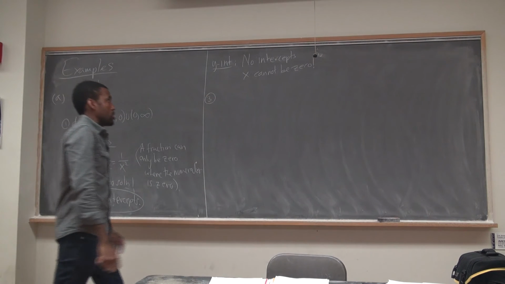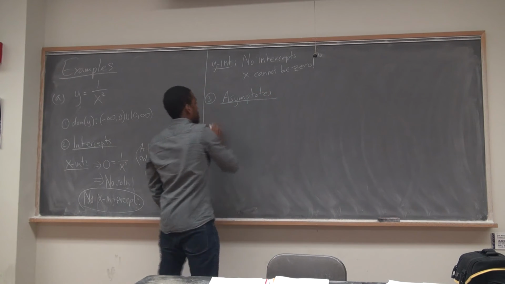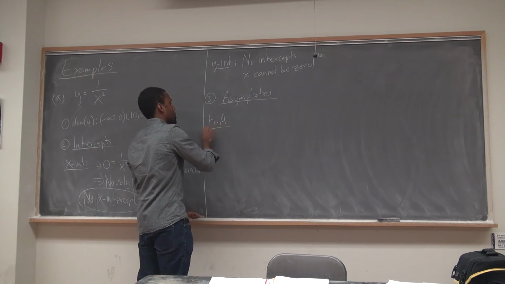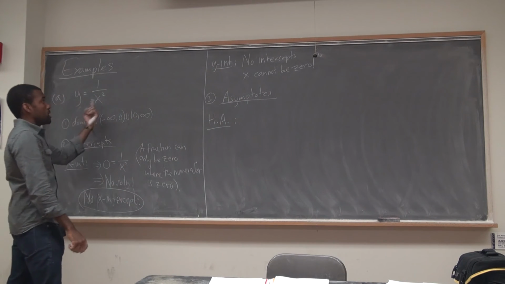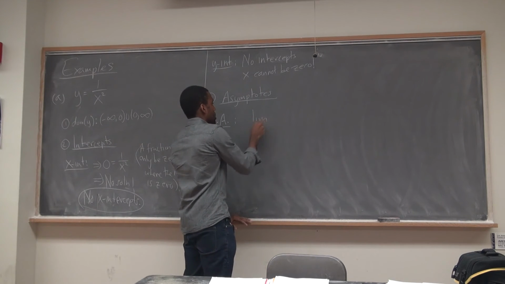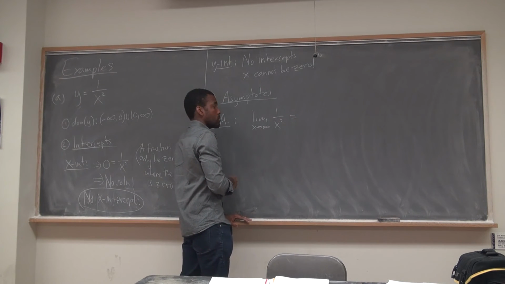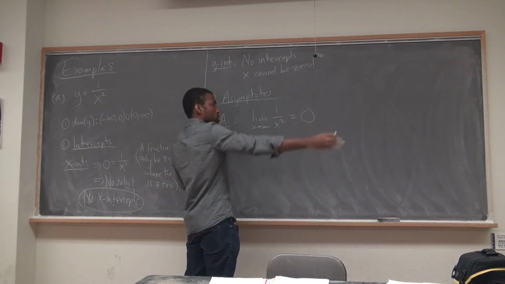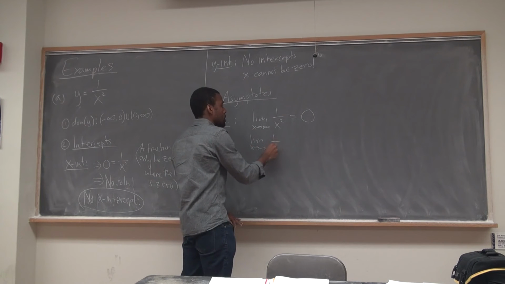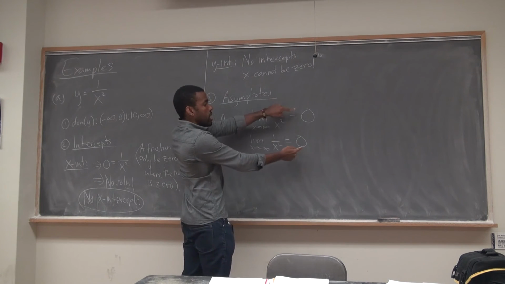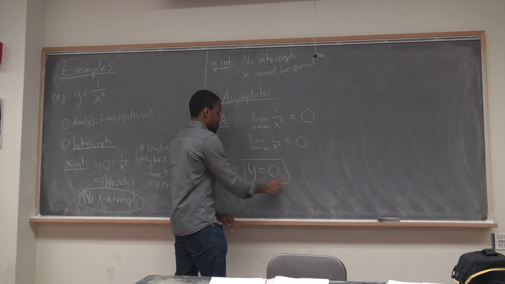Now we're going to look for asymptotes. Let's start with the horizontal. How do we find the horizontal asymptotes? You take the limit as x goes to infinity and the limit as x goes to minus infinity of your function. So here, start with the limit as x goes to infinity of this function. What's the answer? 0. The denominator is growing without bound, so that goes to 0. So I take the limit as x goes to minus infinity of this function. I again get 0. Once I get a constant, y equals that constant is the horizontal asymptote.